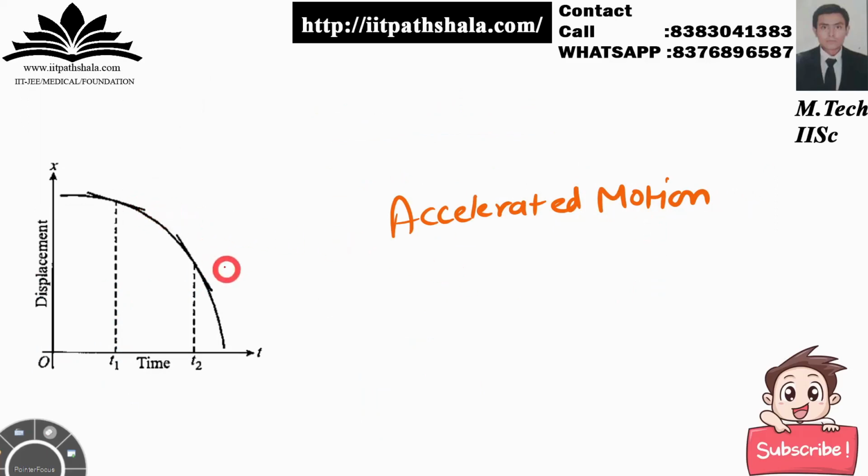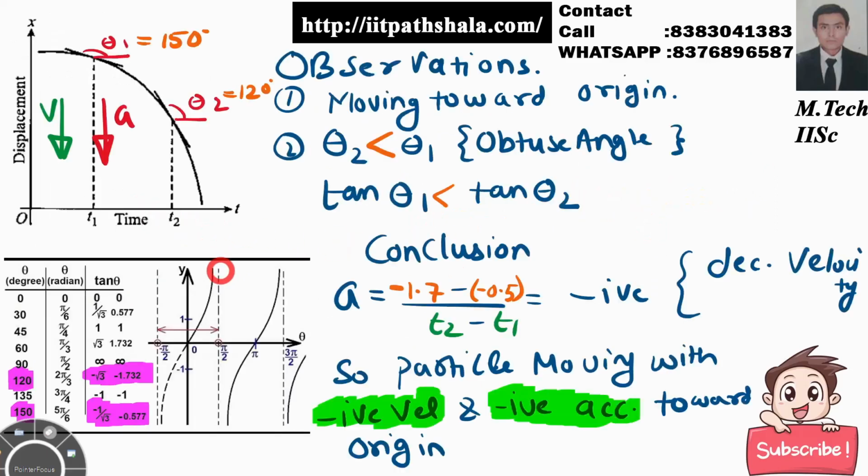So as you can see, curvature is something different. So let us have the observation first of the following motion. As you can see, I am moving from this point to this point. Okay, so here this point is very near to origin, so I'm moving toward the origin itself. Fine with that. I'm moving in the negative x direction, and if you mark the theta values over here, you can see that this is the obtuse angle case, and I've assumed the arbitrary value of thetas over here as 150 degree and 120 degree.